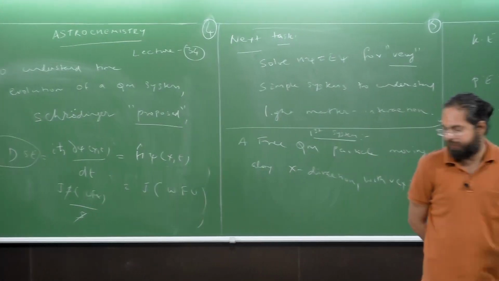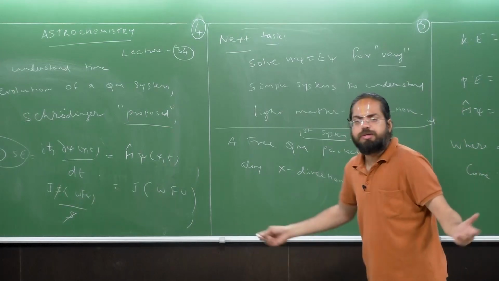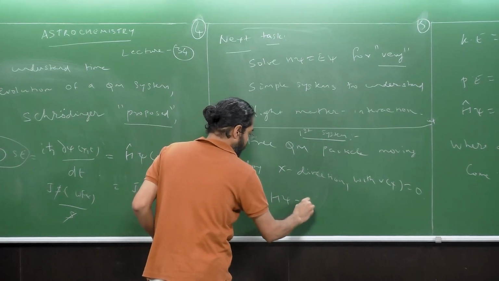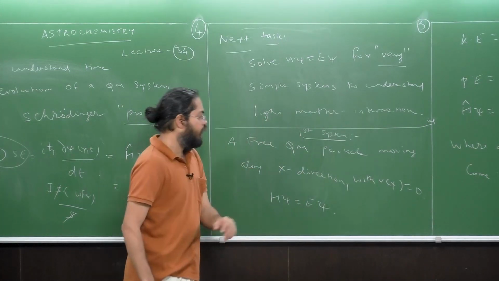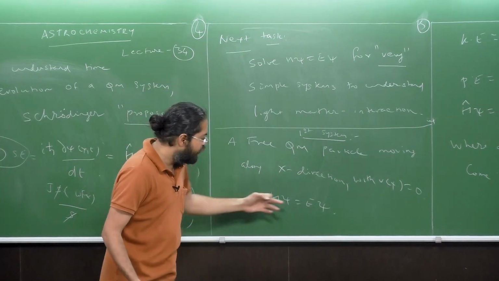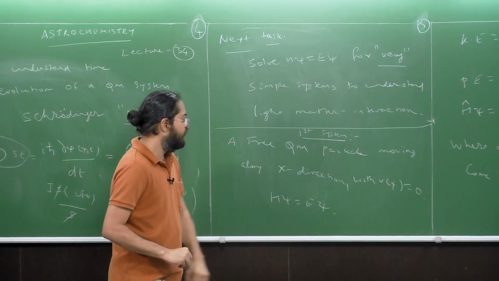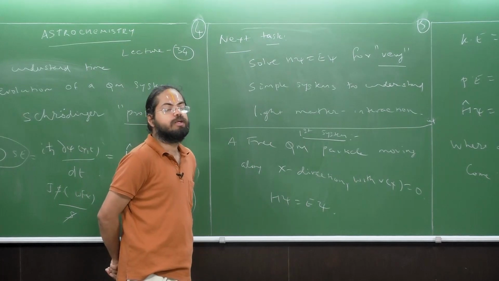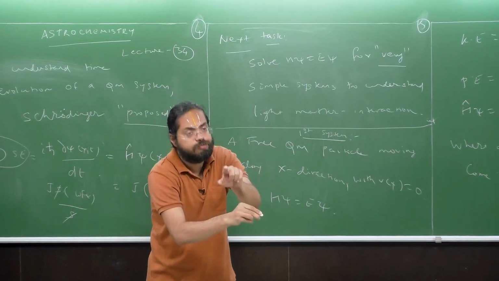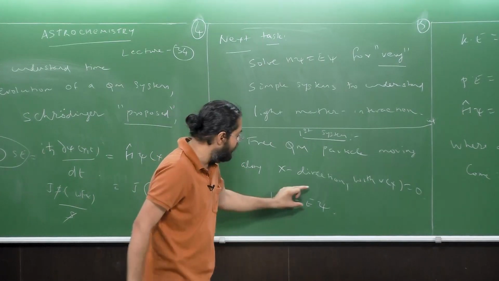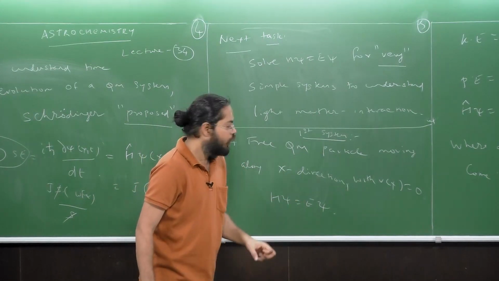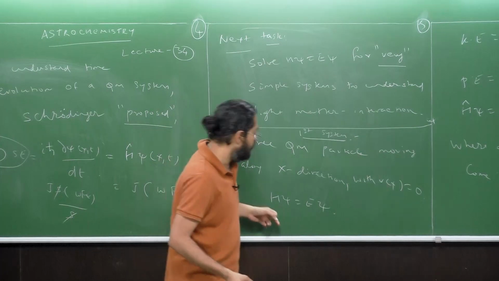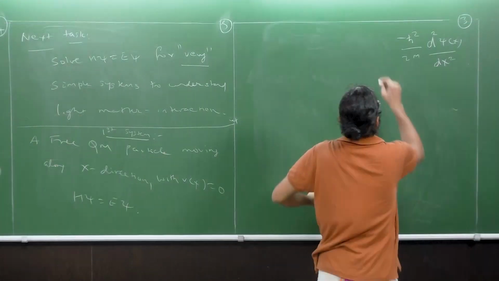Now we know what equation we have to solve. That's already given to us. That is H psi equals E psi. In this equation, you have three terms, H, psi, and E. What is our objective? Our objective is to somehow solve this equation to get energy. But to solve the equation, we need to know what function we are using. We only know the form of the Hamiltonian, that is, your H is nothing but